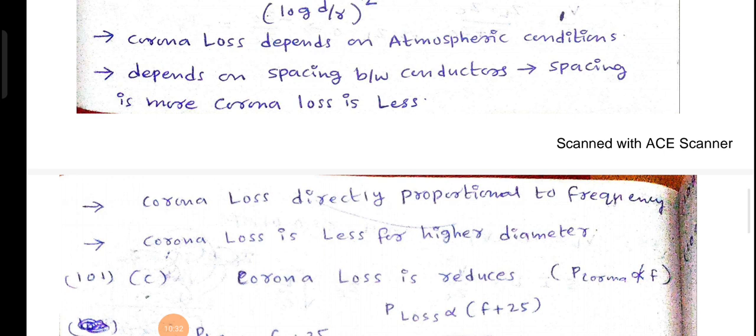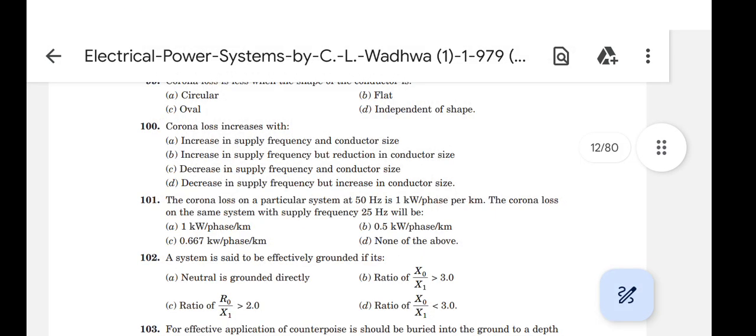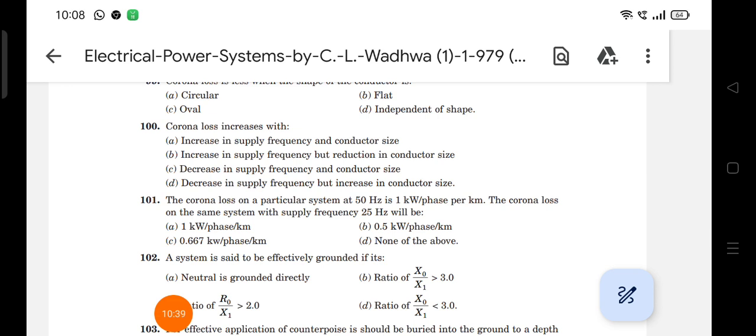Now see here from the given options, okay, corona loss increases with increase in supply frequency but reduction in conductor size, right? Okay, that means the second option is correct. Next,